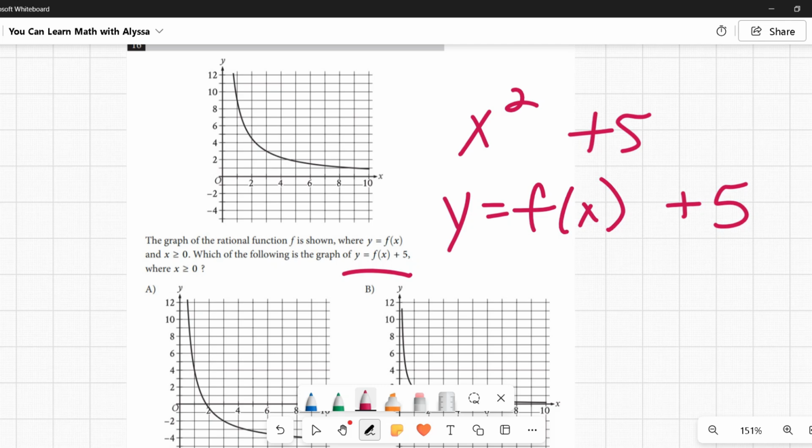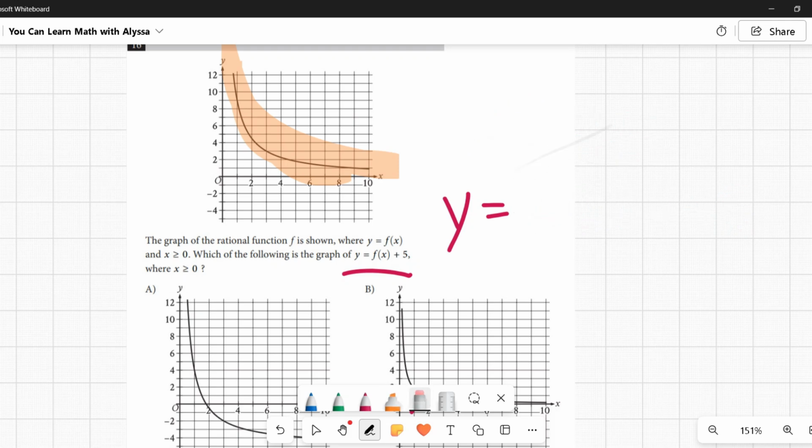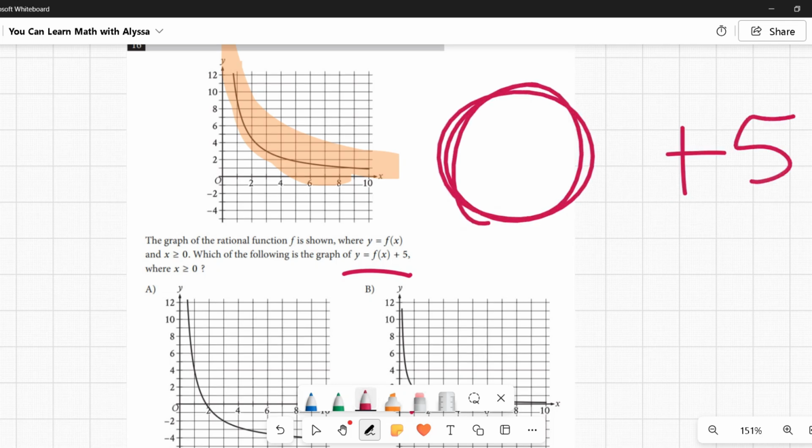Since y equals f of x, whatever the whole function is, we can treat it the same way, because 5 is being added on the outside. Remember, I said when we had that whole function, in the example of x squared, and then 5 is added on the outside,